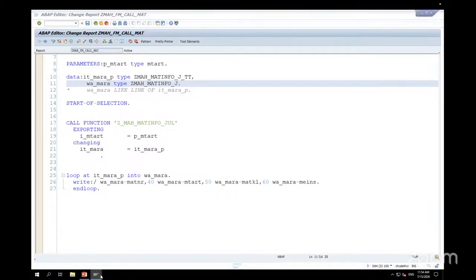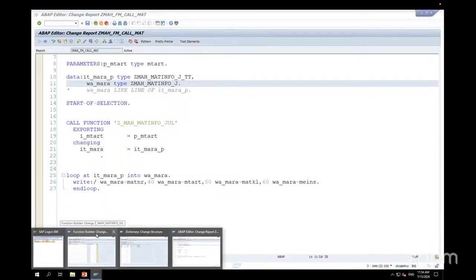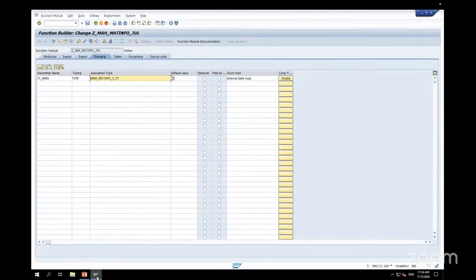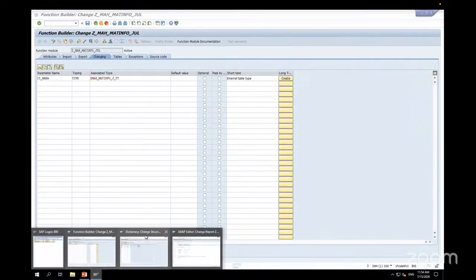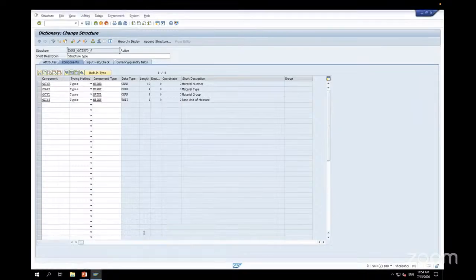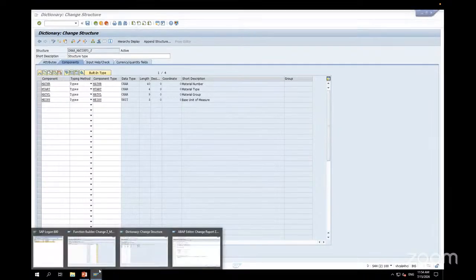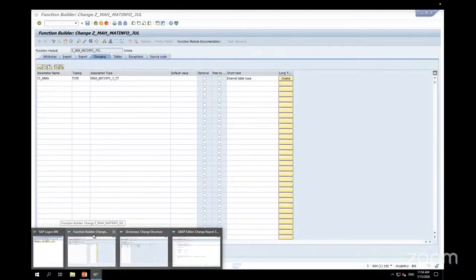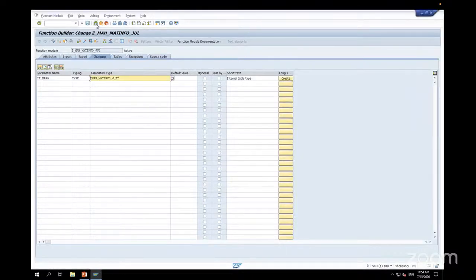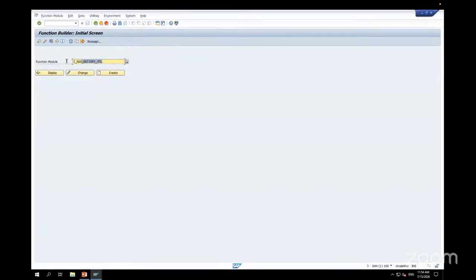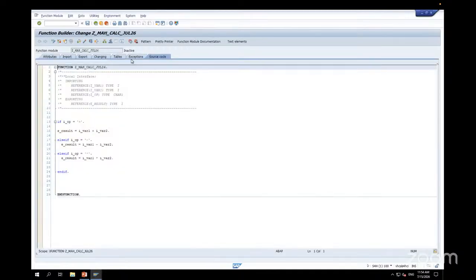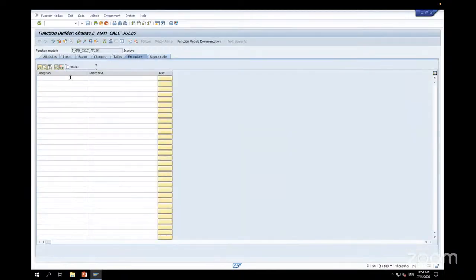So quickly we'll go to the concept from the last class. We have done exceptions. Exceptions are raised for any unknown errors. Suppose you take the previous program; the function module is a better example. Here, the calculator. You can go to the exceptions tab and give here, for example,